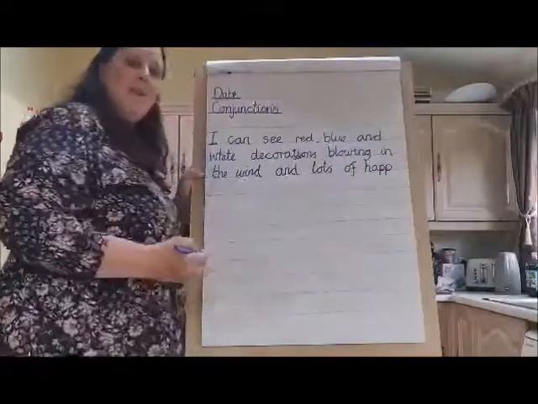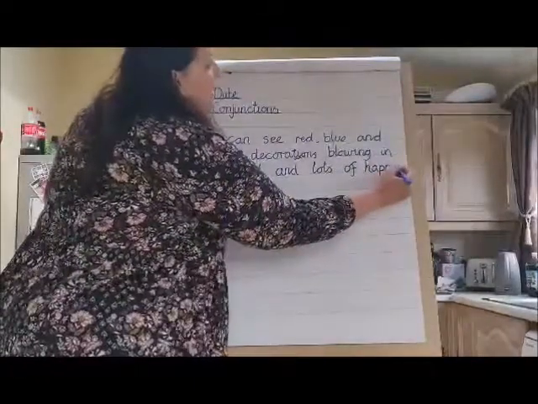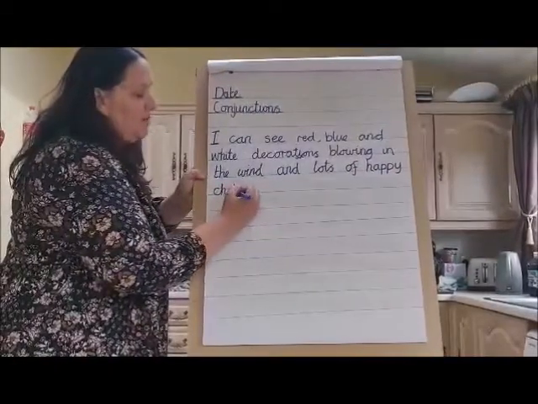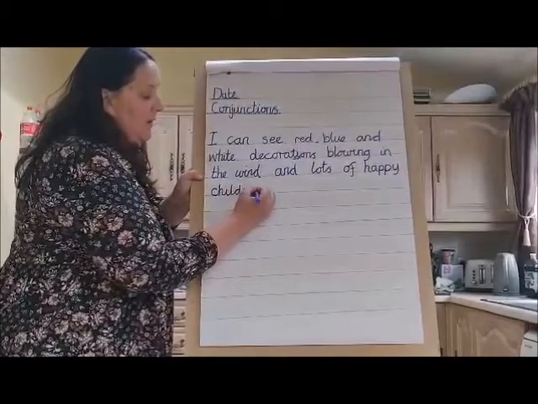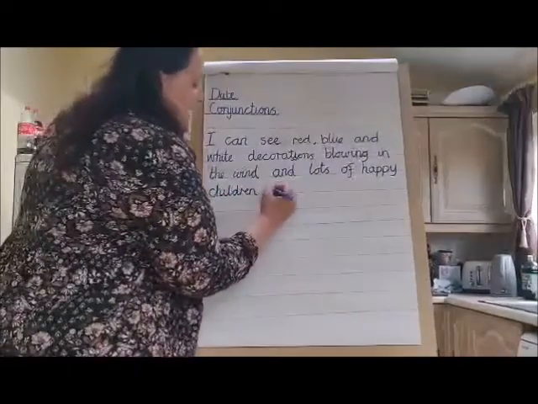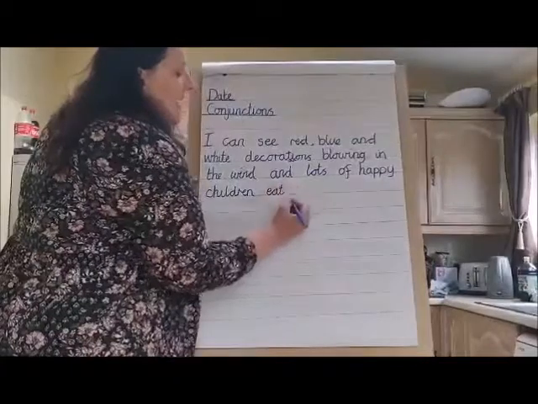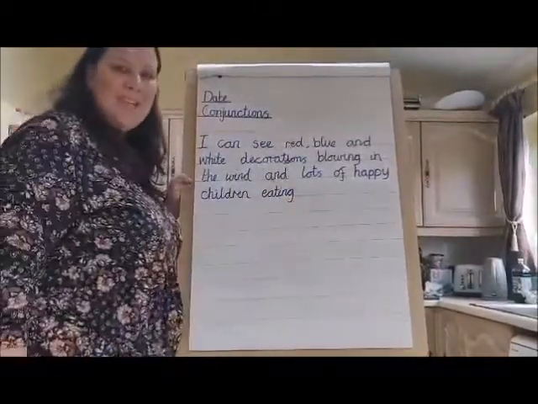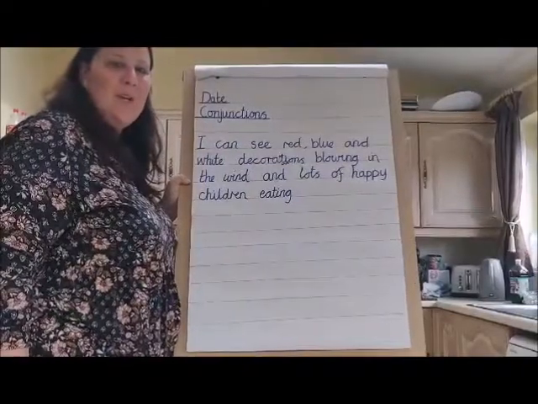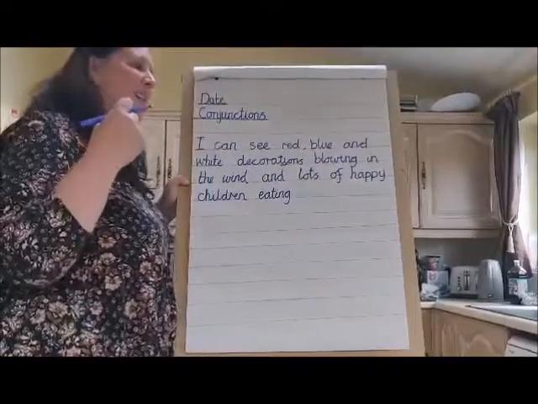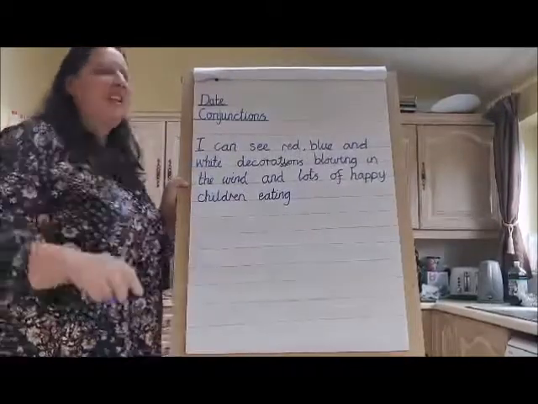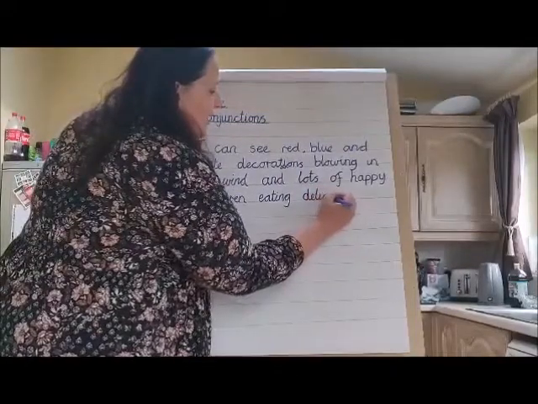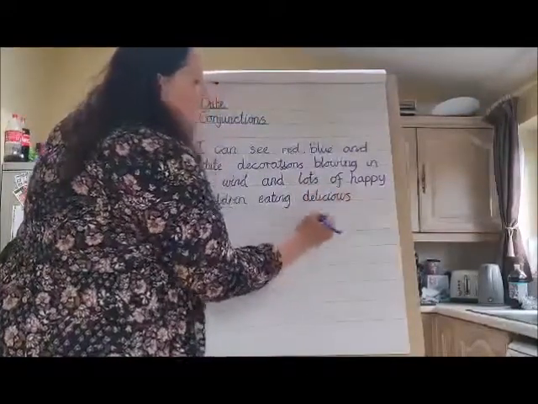How do we put the E on the end? It's a Y, correct. Happy children. This is one of your sight words, so hopefully you'll be able to write this almost with your eyes shut. Lots of happy children eating, eating. What adjectives did you come up with to describe the food? Shout them at me. Delicious. I like that one. Delish. Eating delicious